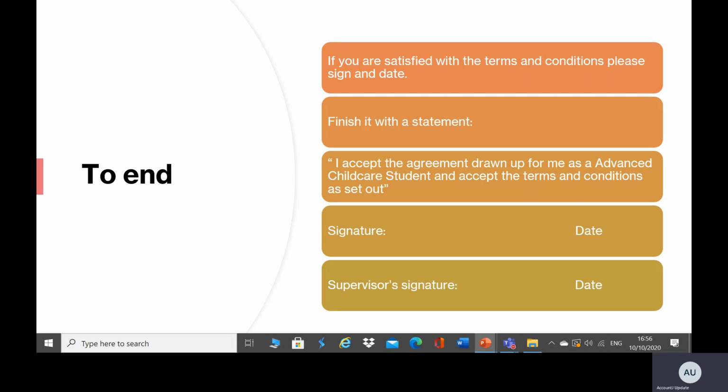And then when you have that done and you've written up your contract, you will say, if you are satisfied with the terms and conditions, please sign and date. So you are asking the room leader to sign and date it if they are happy with the terms and conditions that you have drawn up. So finish it with a statement: I accept the agreement drawn up for me as an advanced childcare student, and accept the terms and conditions set out. And you sign it and the supervisor signs it, and that's it. All right, that's your work experience contract. So we're going now to